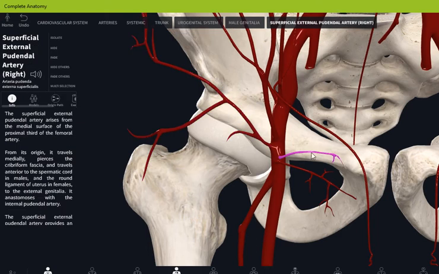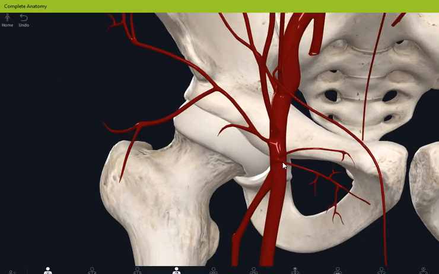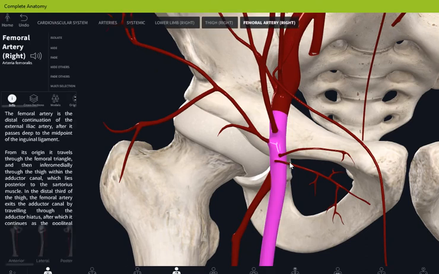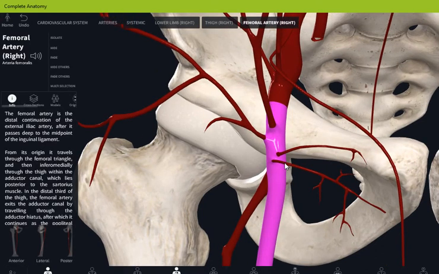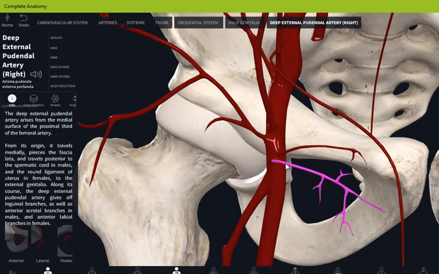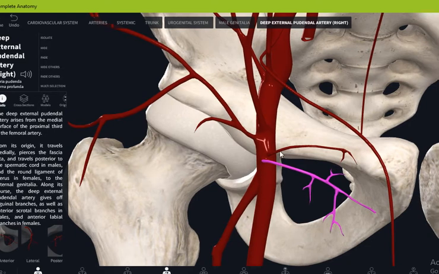circulation, this other blood vessel is the superficial external pudendal, which is also given by the femoral. After the superficial external pudendal, you have this other artery here, called the deep external pudendal. So you have the superficial and deep external pudendal, which are still coming from the first part of the femoral